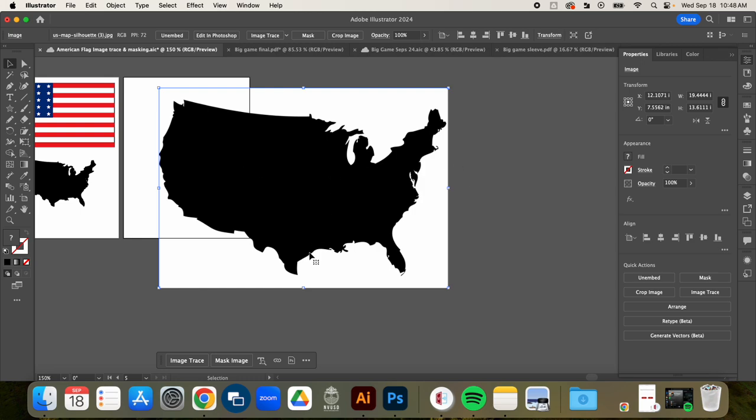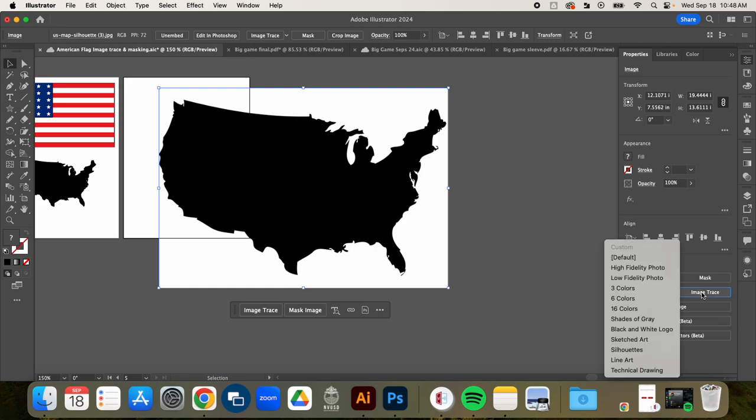Now we're going to image trace it. You can see in your contextual taskbar, here's image trace right here. Don't touch it. I don't want you to use this one. I do, however, want you to use the Properties panel over on the right side. It says image trace. The difference is this one will give you some options when you click on it, and the one in your contextual taskbar gives you a default, which is not the end of the world,